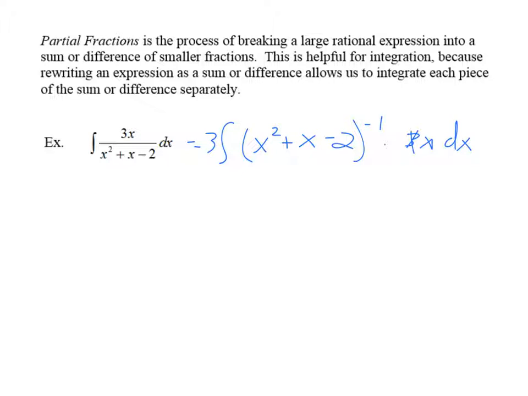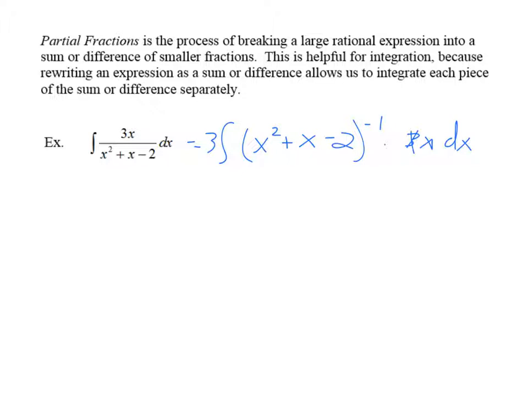But I can see that this is not going to allow me to use the unchained rule, because the derivative of my inside function is 2x plus 1, and there's no way I can get that in here. I could get a 2x, but the plus 1, we're not allowed to add a constant inside an integrand. Therefore, what we're going to do is break this fraction up,